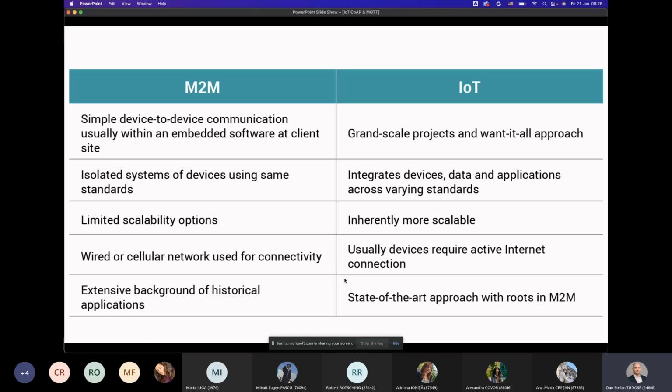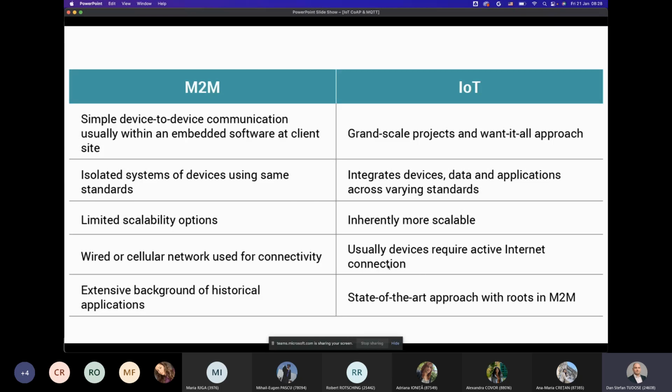Of course, for connectivity, both of them could use the internet. There's no distinction here. But because of the history of M2M, and how it developed maybe before the widespread availability of the internet, you usually have wired dedicated networks or even cellular networks. So maybe not 4G or 5G data networks to actually send your information, but simple commands that can be sent through a cellular network or even an SMS service.